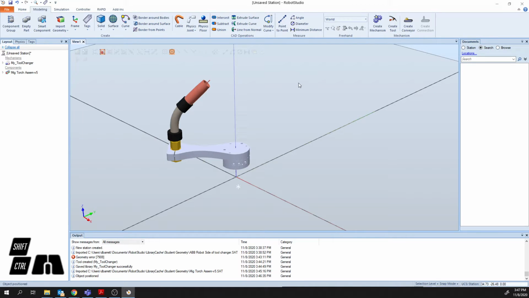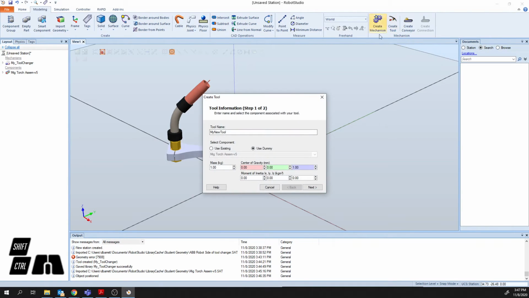So keep this in mind when it comes down to creating compounding tools within Robot Studio, and especially if you're going to move it over to the real robot later on. So now we're going to say create tool, and I'm going to call this my MIG. I'm going to say I want to use existing, select the Mig Torch assembly,